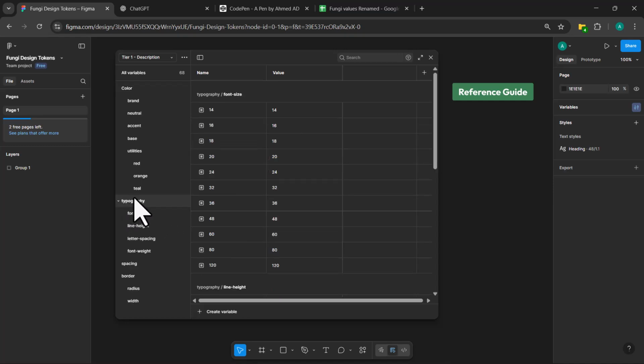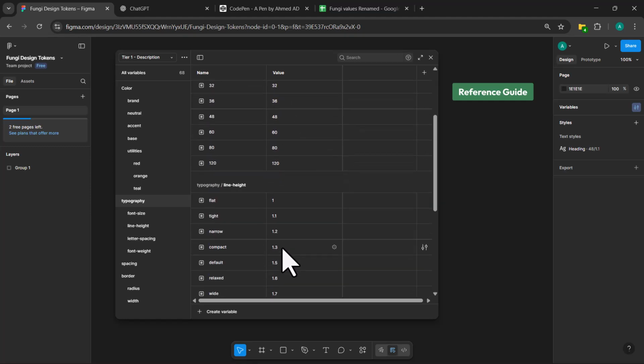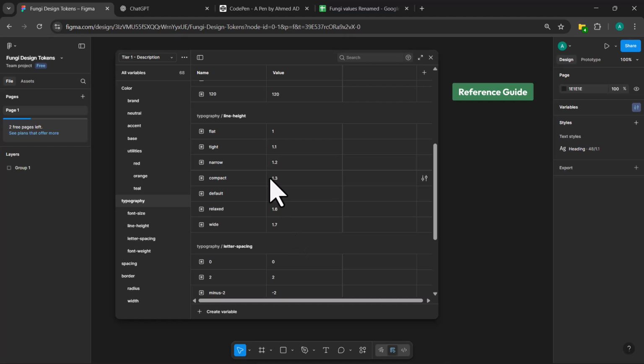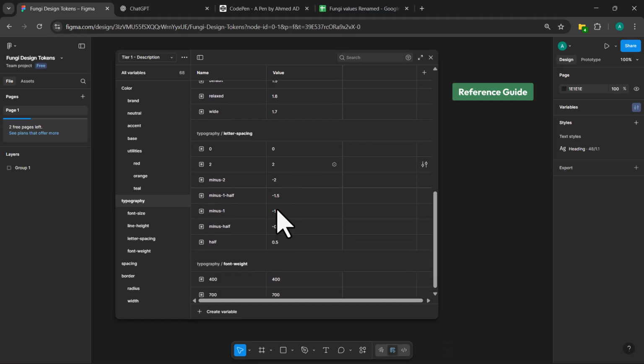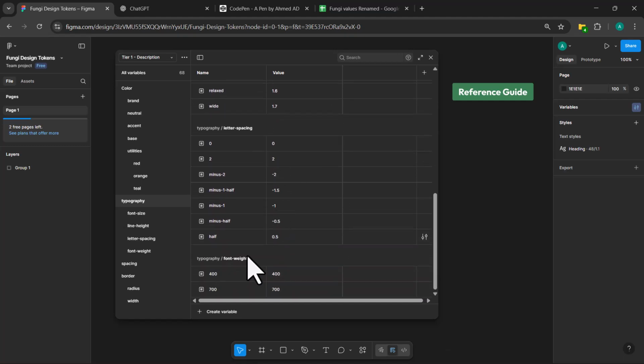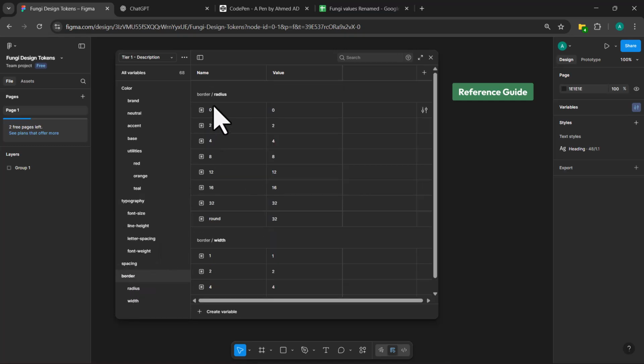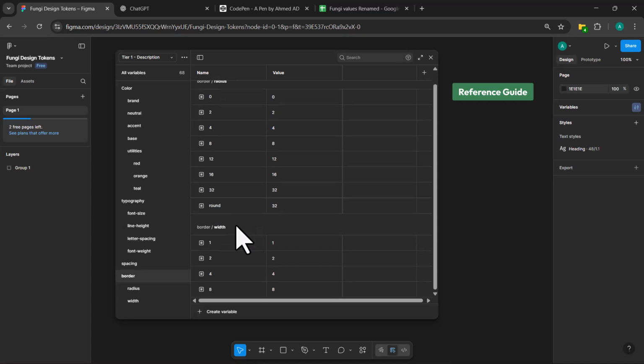For typography, I did font size, all the sizes we're going to need. Line heights, all the line heights we're going to need. We're just going to need, I think, tight and relaxed 1.6. The default for the website is 1.6 for the design. We now have letter spacing. I don't think we're going to use that here. Then font weight, spacing, we've already seen spacing. Then for border radius, we did this earlier. Then border width.